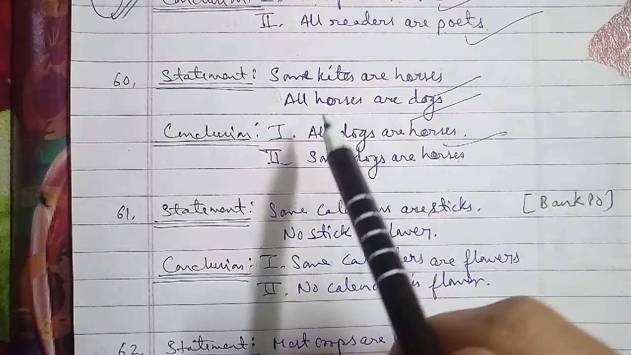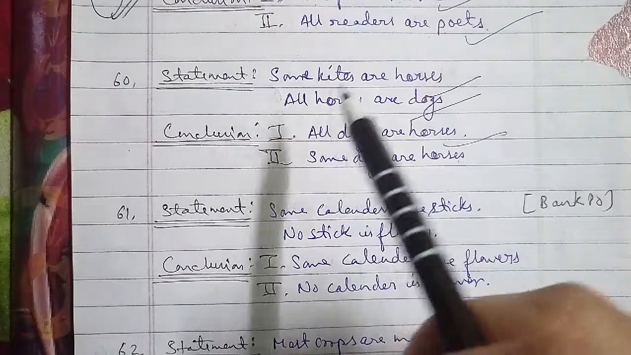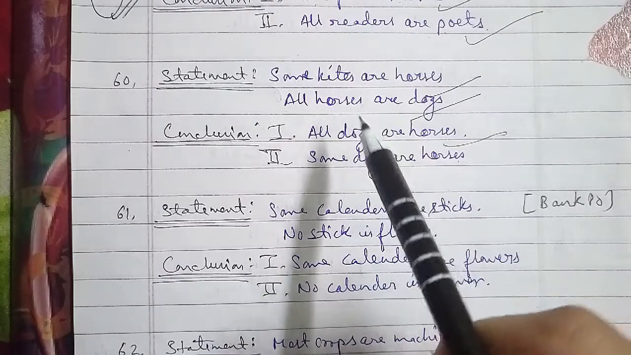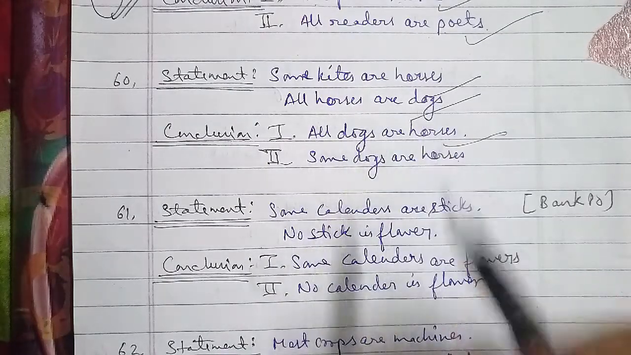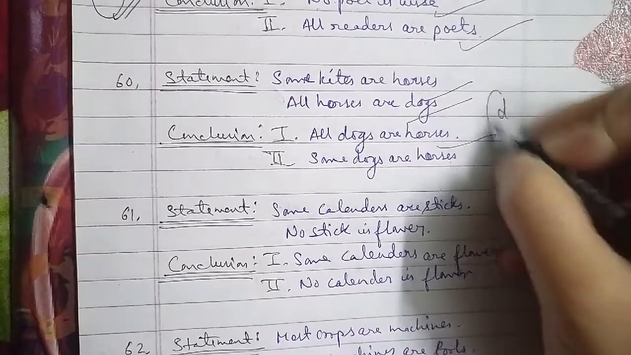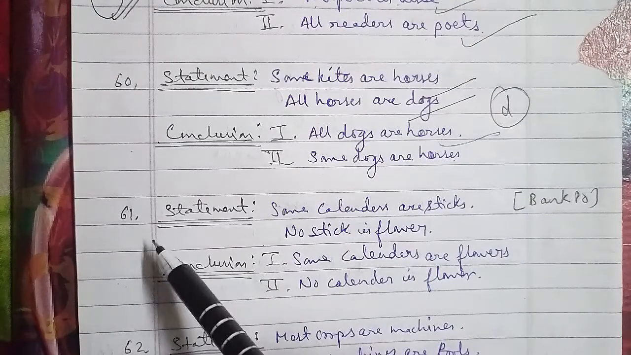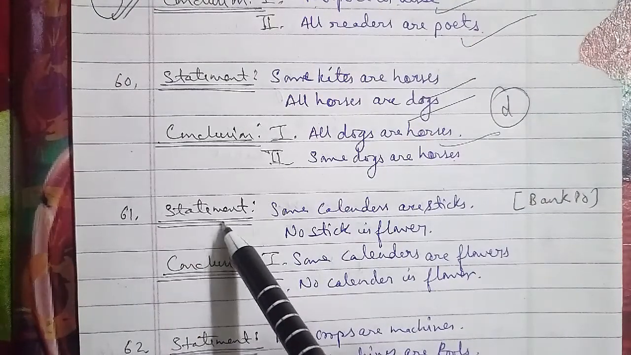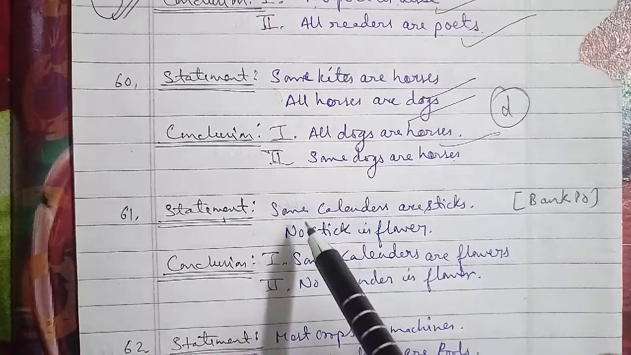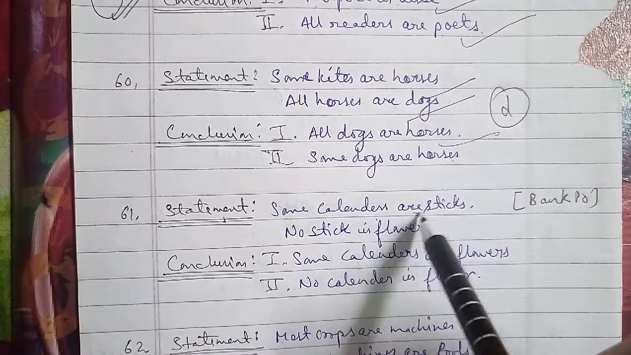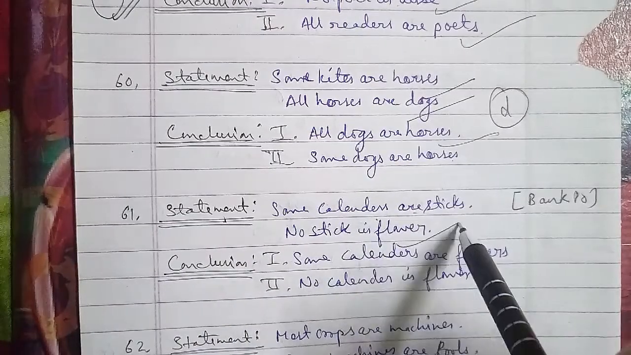Moving ahead with another question, that is the 61st question of the session. The statement we have been given here: some calendars are sticks, no stick is a flower. Conclusion one is some calendars are flowers, and two, no calendar is a flower. So here this has been asked in the bank PO question paper, and that is also an important paper with respect to the competition. Going through the statement, it is some